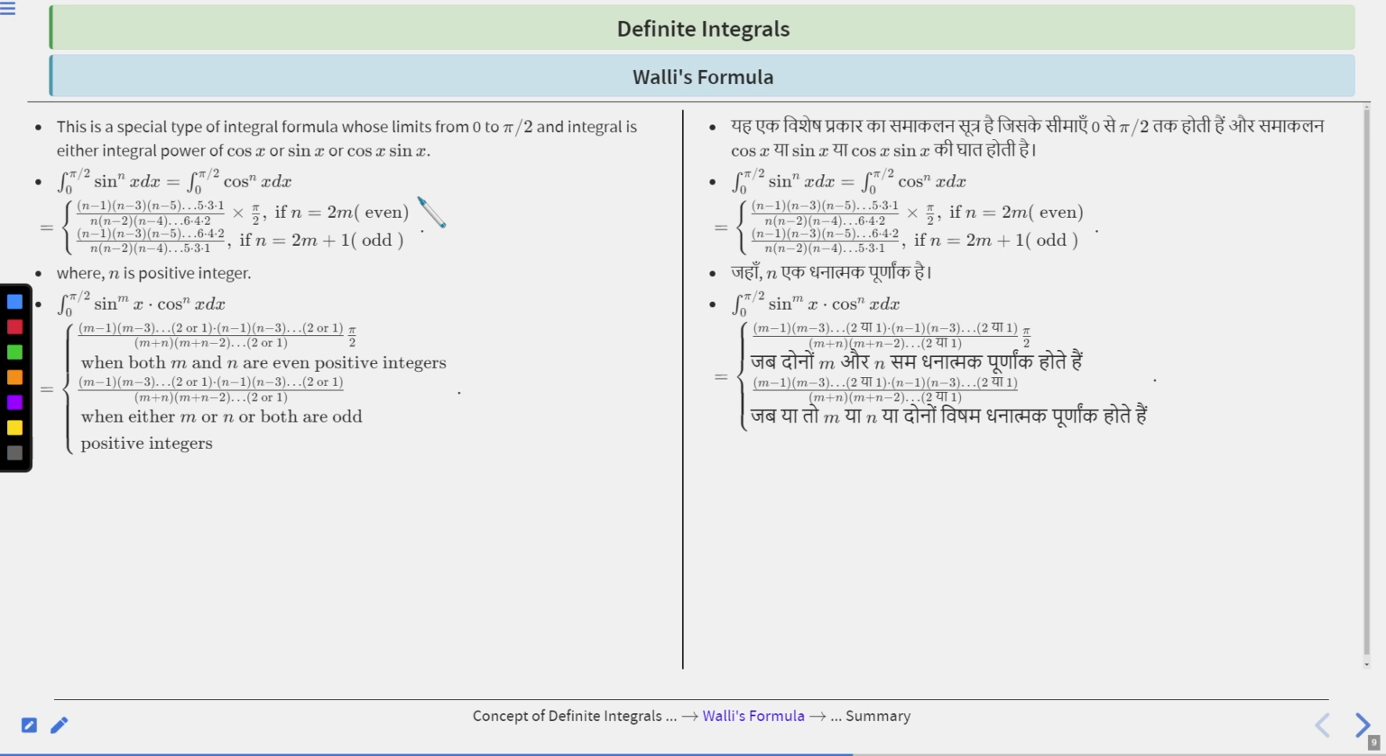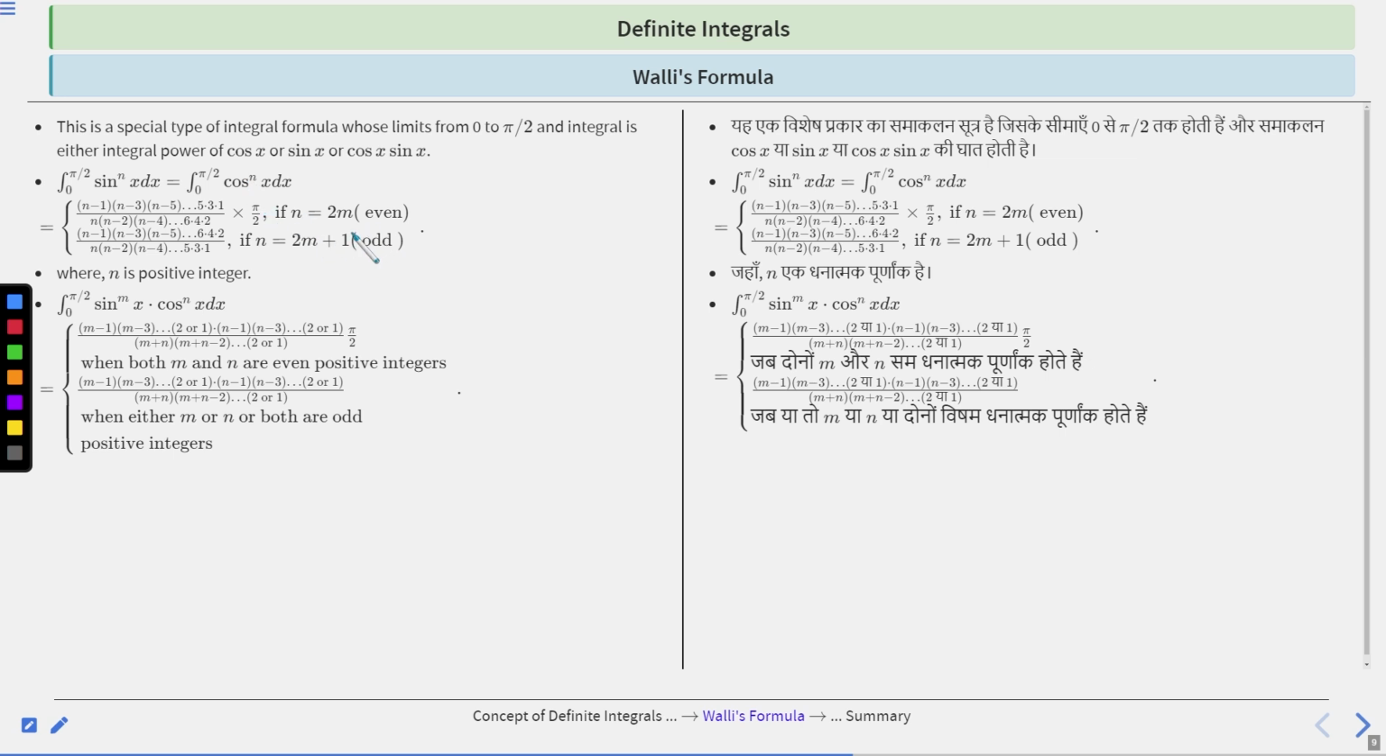Next is Wallis formula. It states that this is a special type of integral formula whose limits are from 0 to pi by 2, and the integral is of the power of cos x or sin x or cos x sin x. Integration of 0 to pi by 2 sin to the power n x dx is equal to integration of 0 to pi by 2 cos to the power n x dx, and it is equal to (n minus 1)(n minus 3)(n minus 5) till 5, 3, 1 upon n(n minus 2)(n minus 4) till 6, 4, 2, into pi by 2, if n is equal to 2m, that is even,